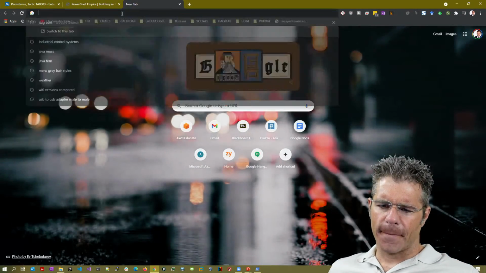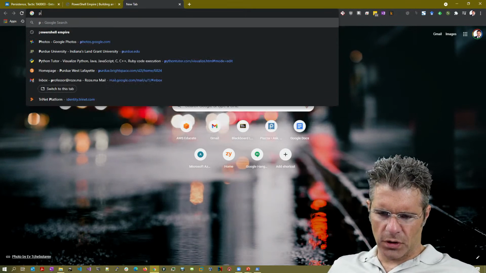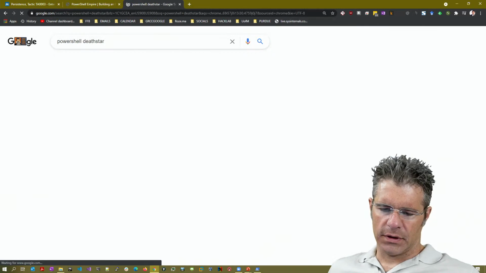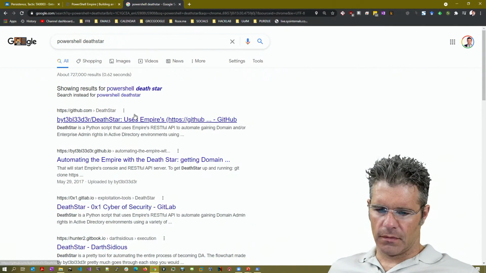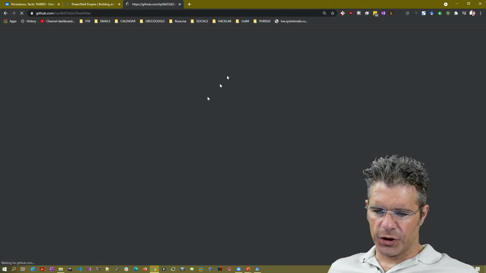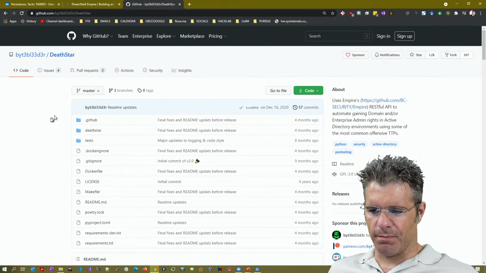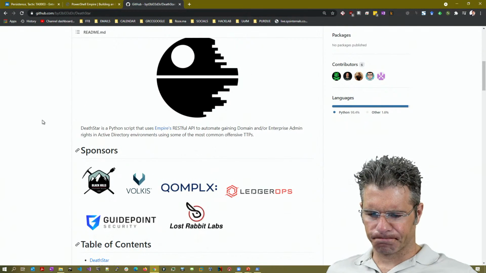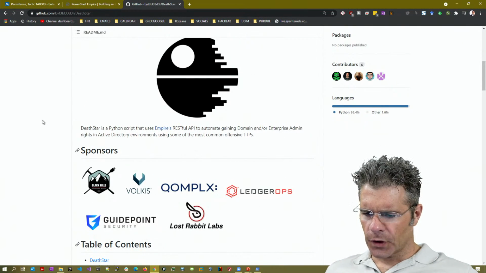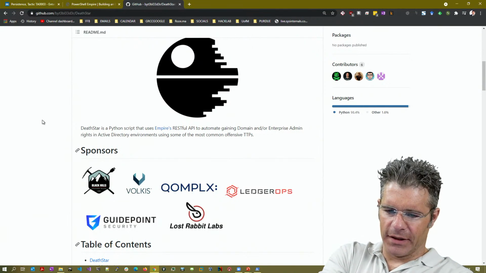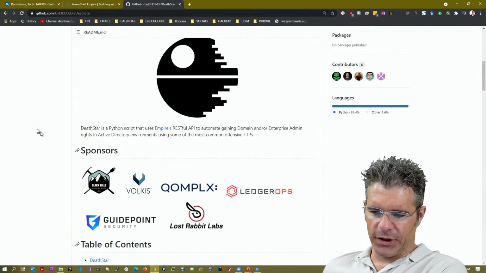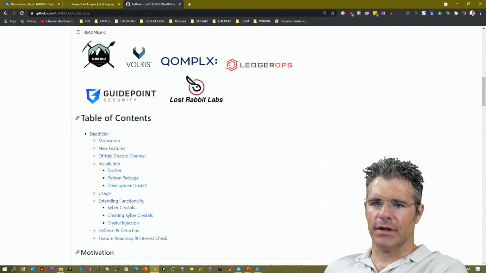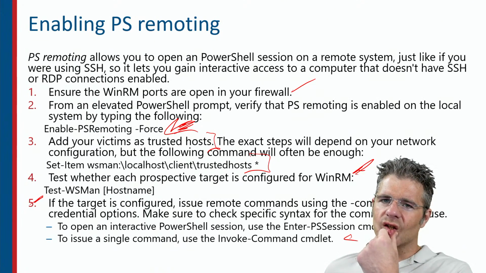DeathStar uses PowerShell Empire plus other stuff to basically automate the process of owning Windows domains. So you can gain control of a domain using just pre-built TTPs. I'll throw those links into this lecture note.